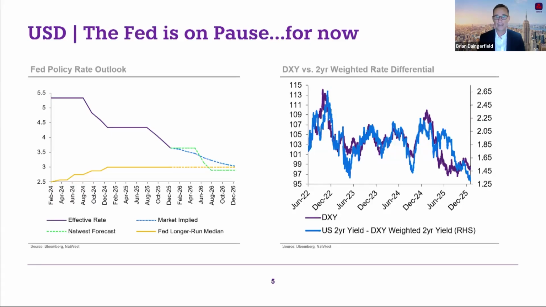This correlation is one that has weakened in the post-Liberation Day era from April of 2025. But this is still a really important relationship that drives a lot of currency markets, because front-end interest rate differentials are the primary input, the sole input into carry. So when you're holding an asset, are you paying to hold that position, or are you earning passive income from higher interest rates for holding that currency? This is such an important piece of the relationship, and it's why we tend to talk so much about central bank policy, because those front-end interest rate differentials are super important for currencies.